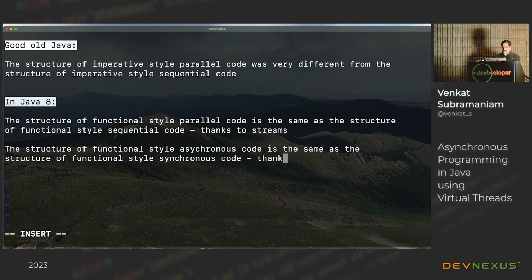Again, thanks to, whom should we thank here? Thank you, CompletableFuture. That's correct. So thanks to CompletableFuture, you are absolutely correct.